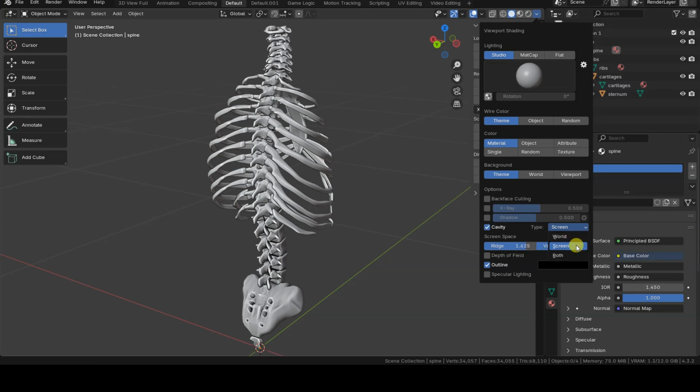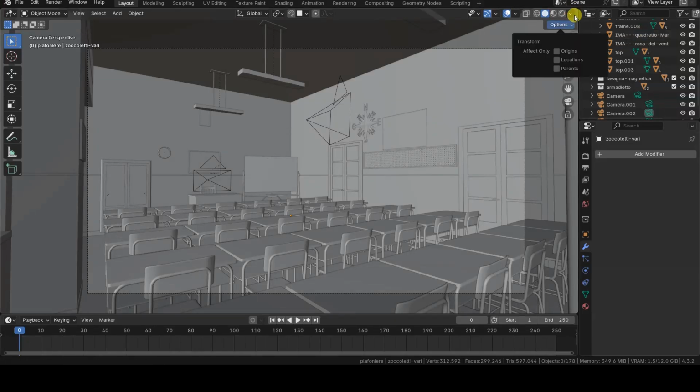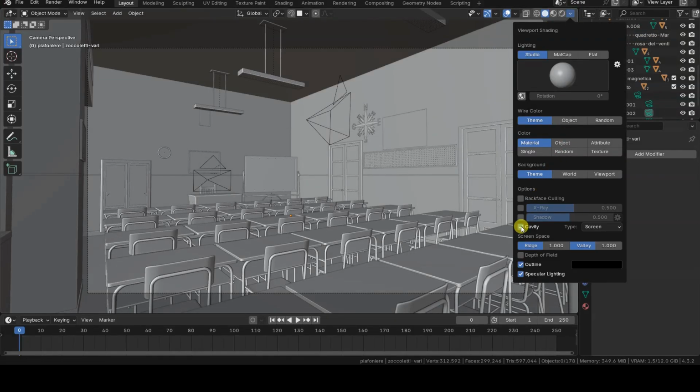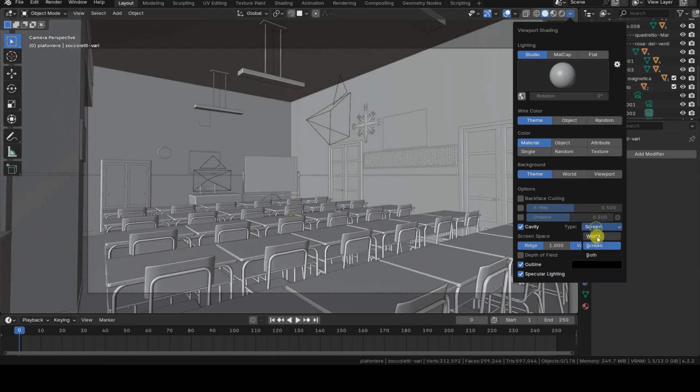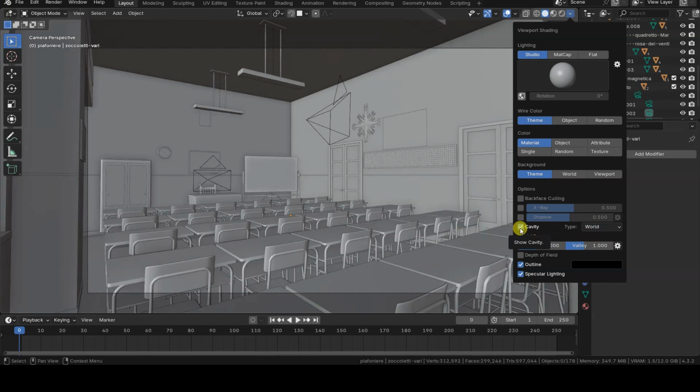In screen mode, the angles formed by the geometry are considered instead. For these reasons, screen mode is better suited for detailed features, while world mode is more appropriate for large objects or scenes. That said, we'll return to the specific settings of world mode shortly.